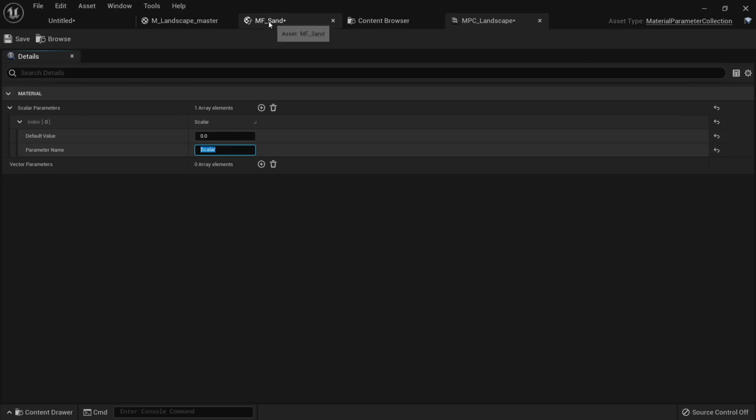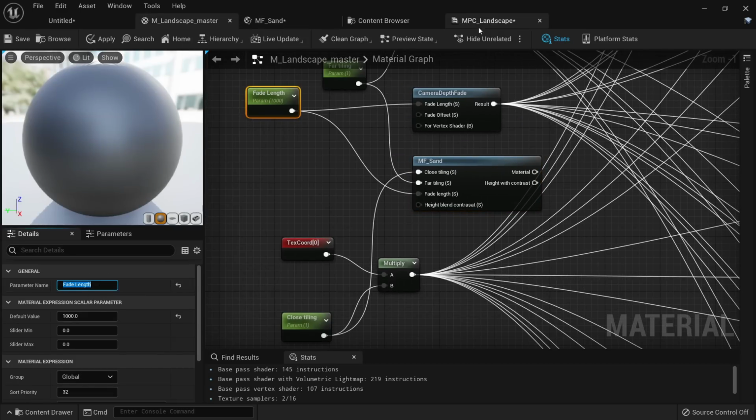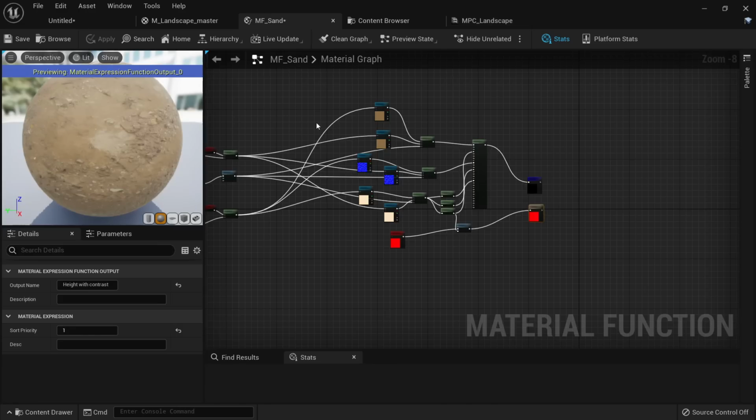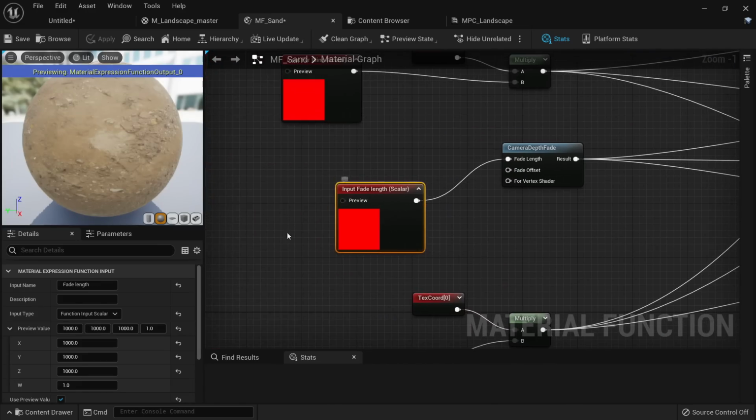Case is my fade length, so we will call it fade length, and by default will be 1000. Okay, so now that we have this, what we can do is to go here, and instead of using this input,